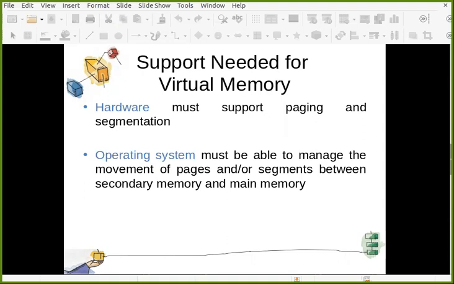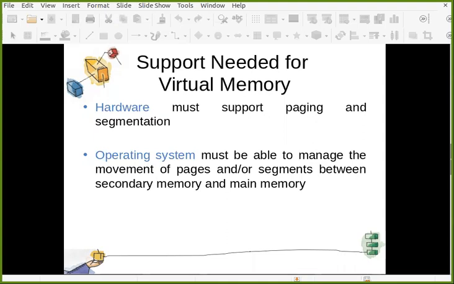And then there is support required from the operating system. What is the support required from the operating system? The OS must be able to manage the movement of pages and segments between secondary memory and main memory.